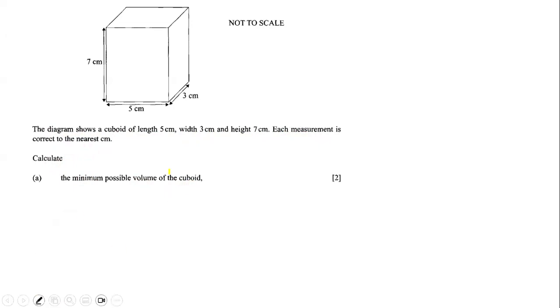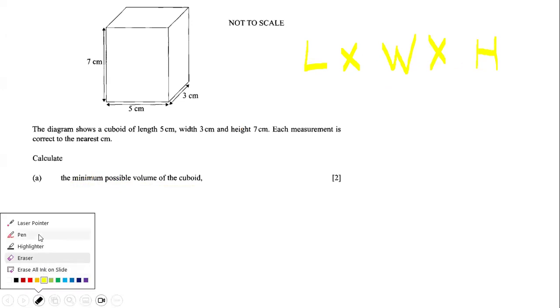length multiplied by the width multiplied by the height. But here they want the minimum possible volume of this cuboid. And so in order for us to figure out the minimum possible volume, even though the formula is length times width times height, we're not going to be using